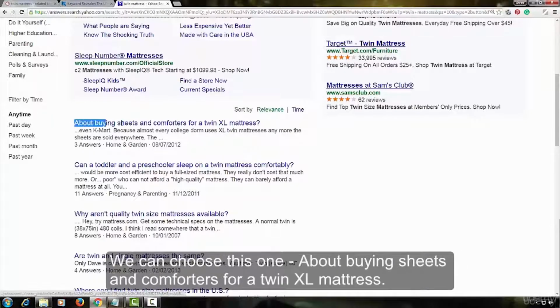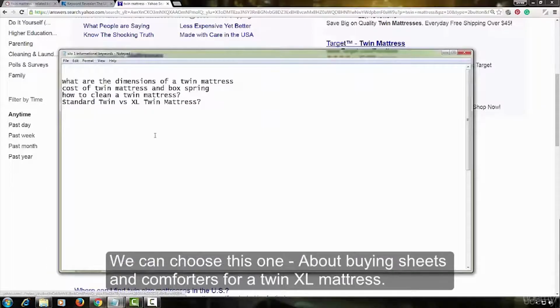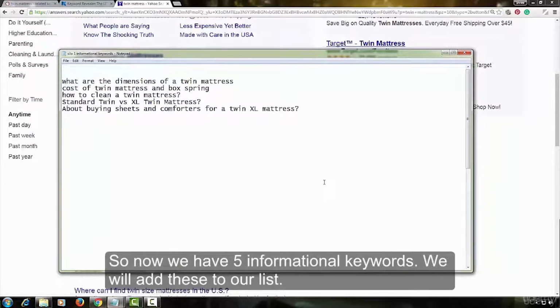You can choose this one, about buying sheets and comforters for a twin XL mattress. So, we now have 5 informational keywords. We will add these to our list.